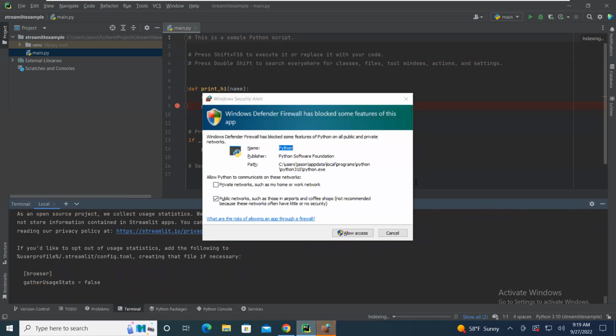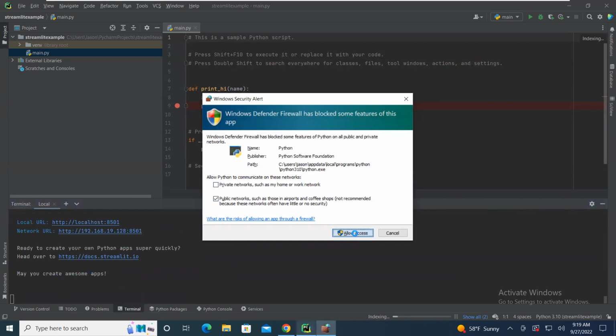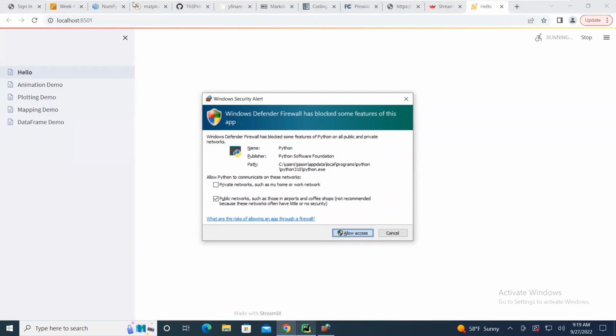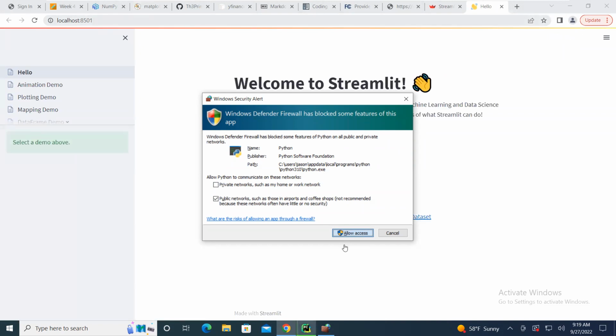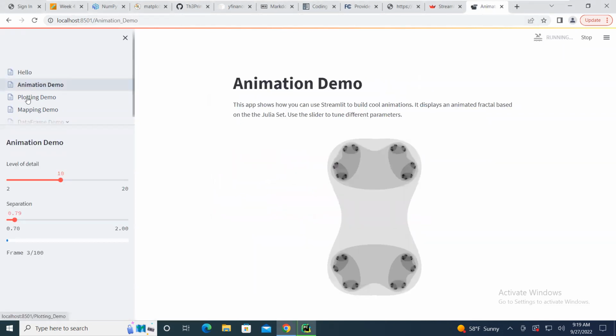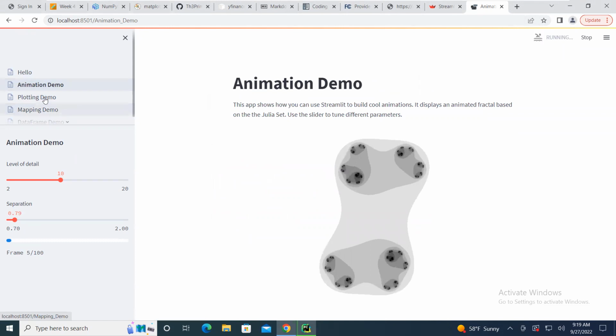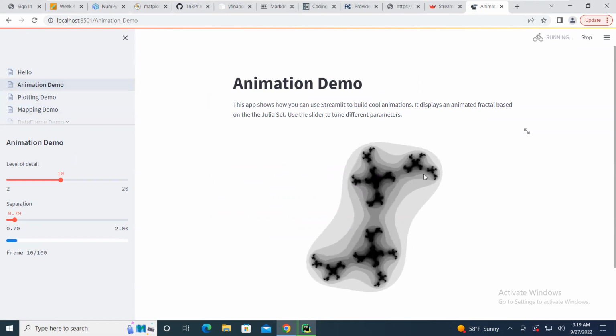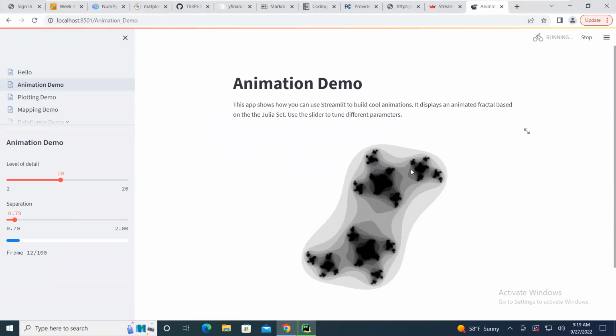It's going to gather some statistics. It is going to try to open up a port, so you're going to have to allow that. That port is just so that you can run a local web app, right? So if we allow access, by default it sets it up on your localhost running on port 8501. Once that's up, you can click on these different demos over here on the left. And over here in the middle, you can see this one's doing an animated fractal